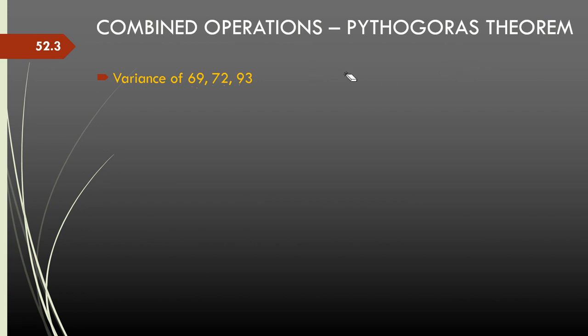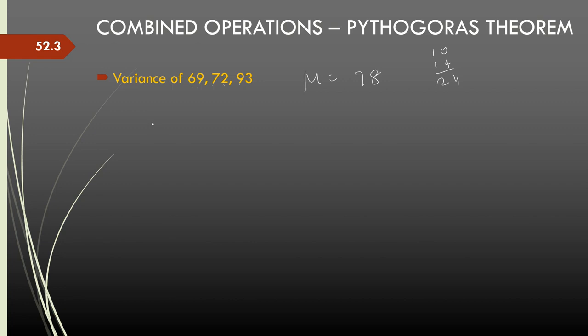Let's do the mean again. So the mean is 6 plus 7, 13 plus 9, 22. So 7 times, and then the remainder is 1. Then 9 plus 2, 11 plus 3, 14. So this becomes 10 and 14, 24 divided by 3 is 8. So the mean is 78.